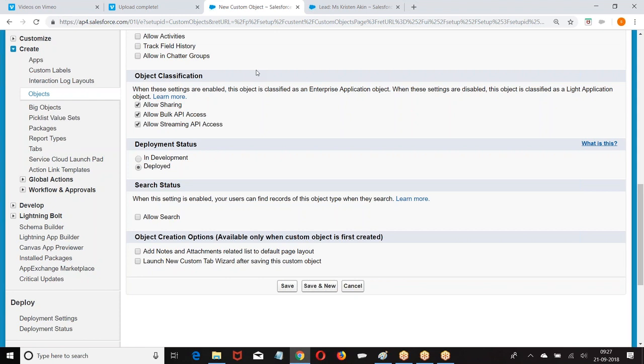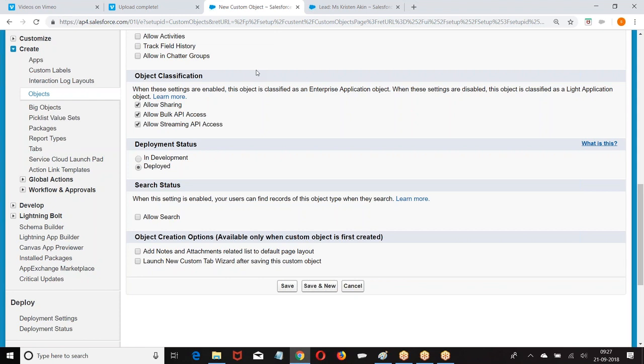If any one of the options is disabled, it is a Lightning application object.